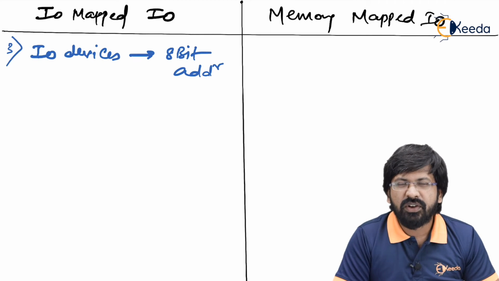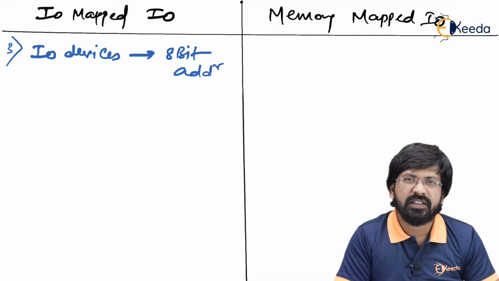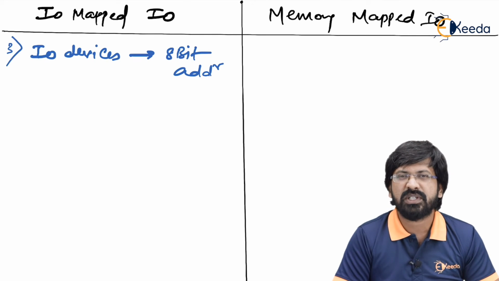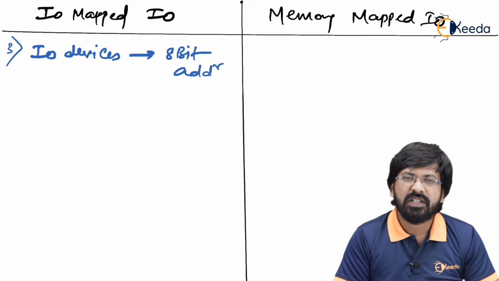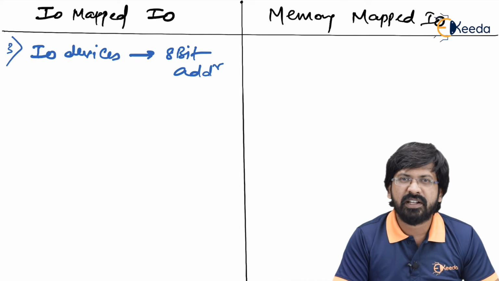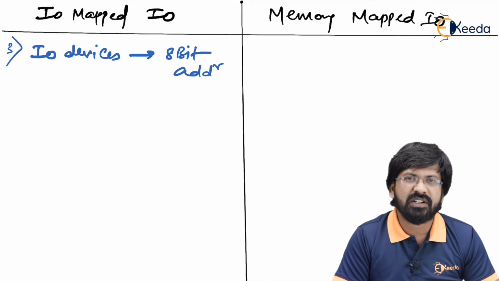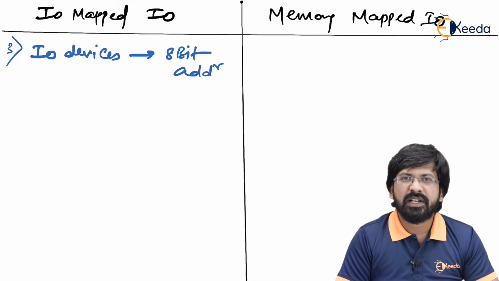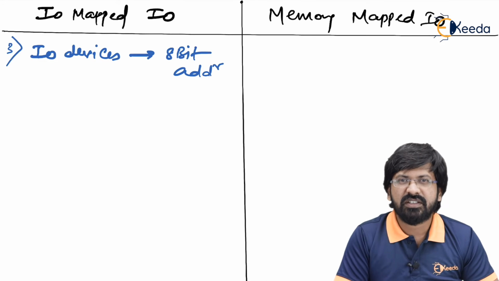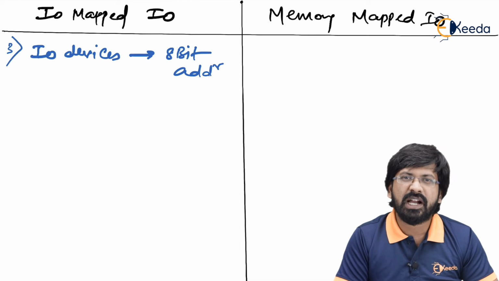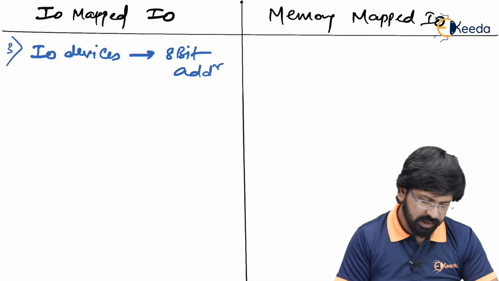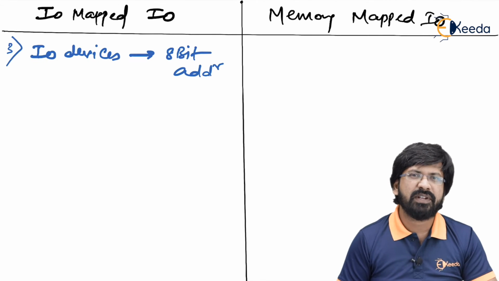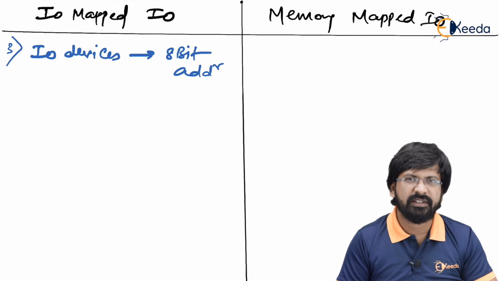It is quite analogous to announcing a roll number in the class, because if there are many students, how to talk to a particular student? Suppose if I say roll number 14, the student with roll number 14 will raise his hand, so I can, as a teacher, communicate with that student, right? So in a way, when there are many IO devices, MUPI broadcasts the IO address and a particular IO device is selected whose address matches with the broadcasted address. Therefore, every IO device will have its own unique address.